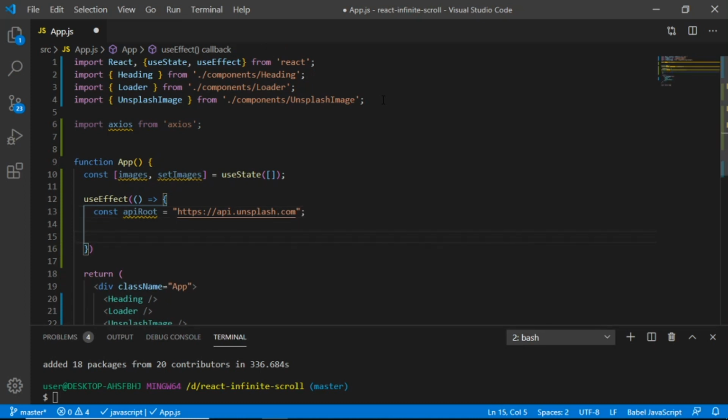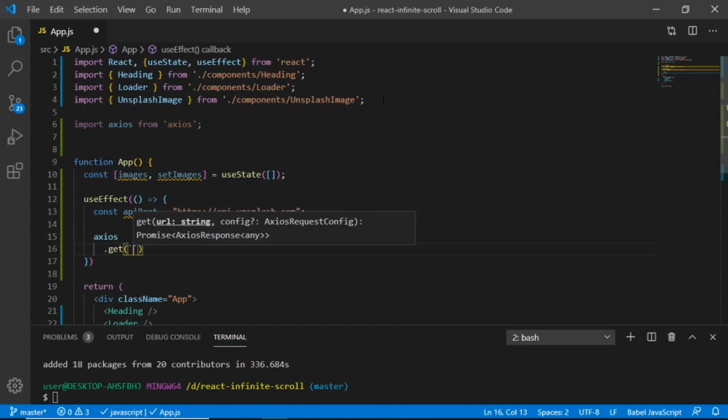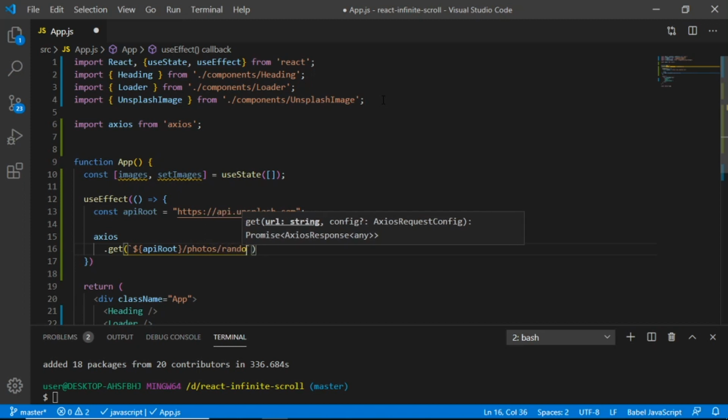And in here we are going to run axios and use a get request, and I'm going to use a backtick in here, just bringing the API root variable. So API root /photos/random, and it should be